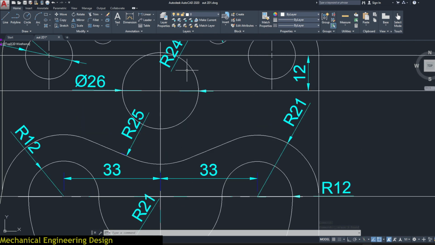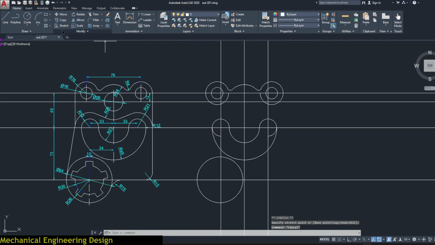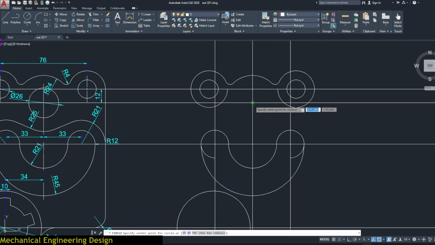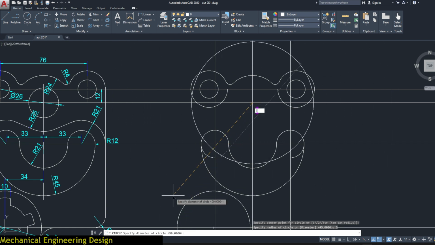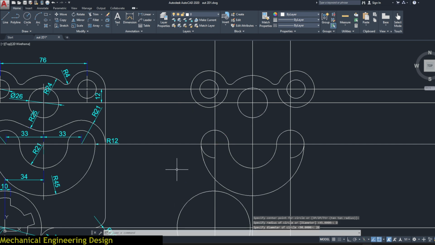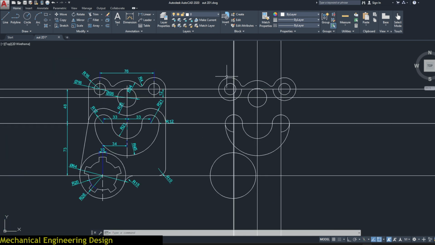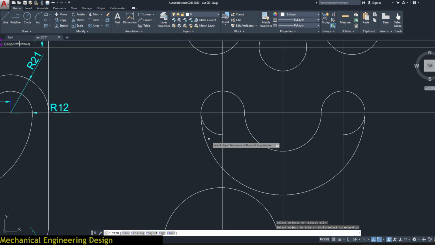Now there is also this circle, diameter of 26 mm. So just pick circle, center point is here, and diameter, just change to diameter and type 26, enter, just like that. Now go to trim, enter to erase these parts,